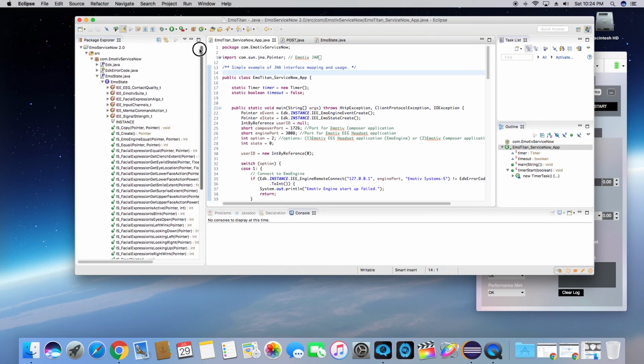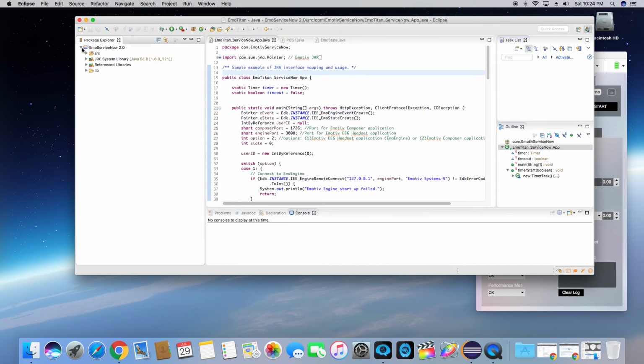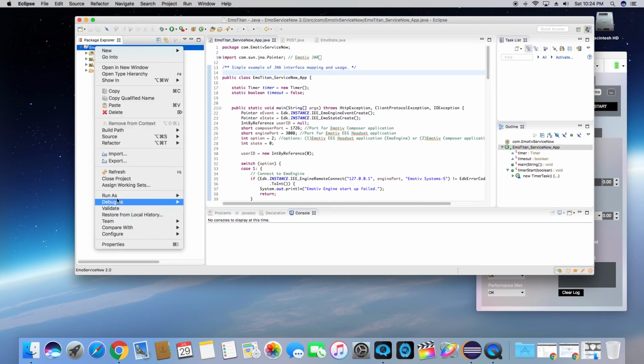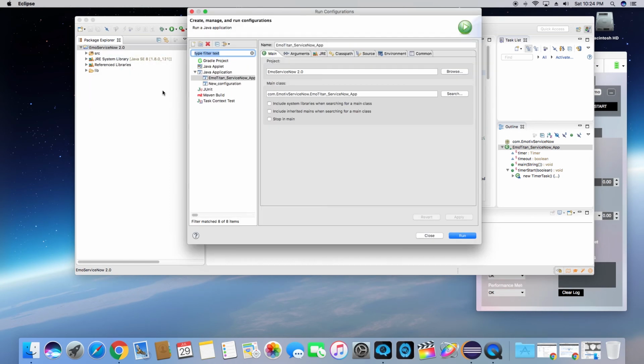Before we hit Start, though, we're obviously going to need to create the application to run, right? So one way you can do it, we'll close that up, and you can right click here, run as. But this is the part for Windows that you're going to need to know. You're going to go to Run Configuration, and in here, as you can see, I've already got this ready to go for this one, but